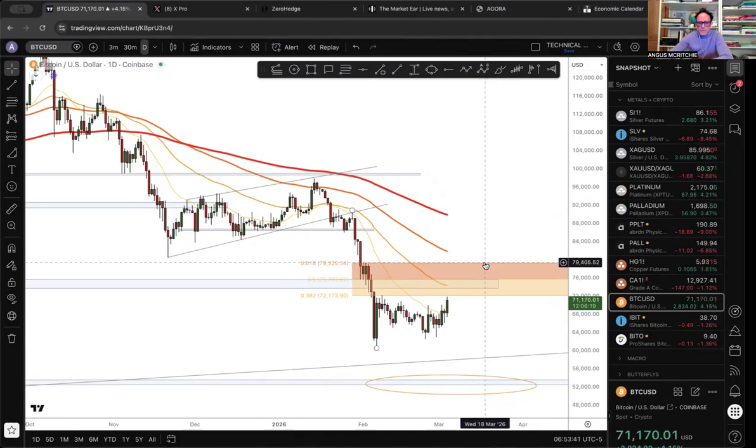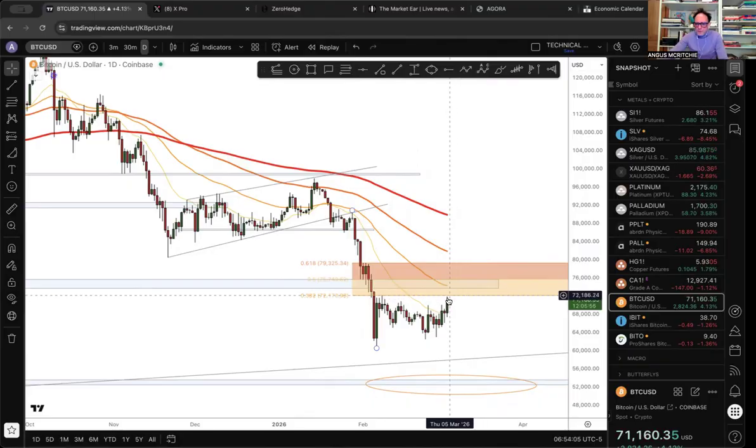But what I will say is the first test, I think it's a pretty critical test for the BTC and in general for the crypto markets. Even from this most recent down impulse, starting from the 28th of January, you can see the 38% fib level here, which also coincides with the level on the 8th of February. So that's at 72,170-ish. That's the key. The bulls need to break through there.